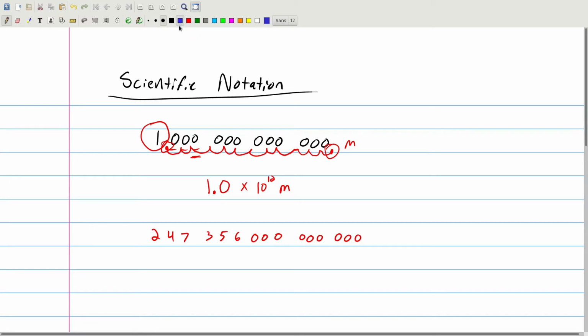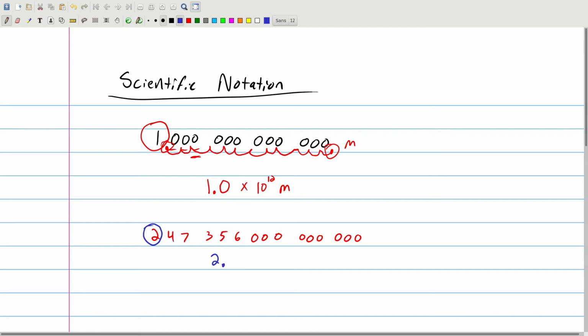All right, so this number, when I look at it, I'm going to say, wow, okay, so this is thousands, millions, billions, trillions, yeah, 247 trillion, 356 billion, is that right? So in any case, when we're converting this number into scientific notation, we're going to start like we just did with the first non-zero number, that's a 2. So 2